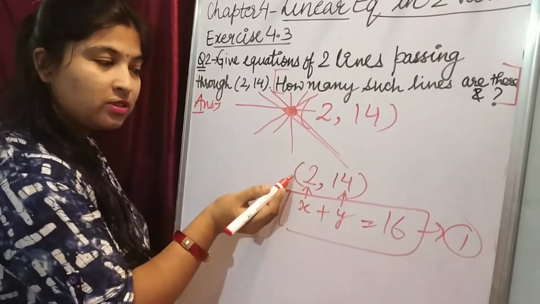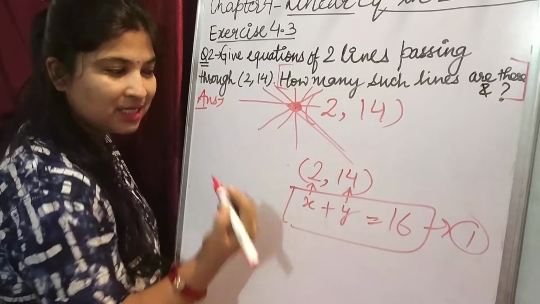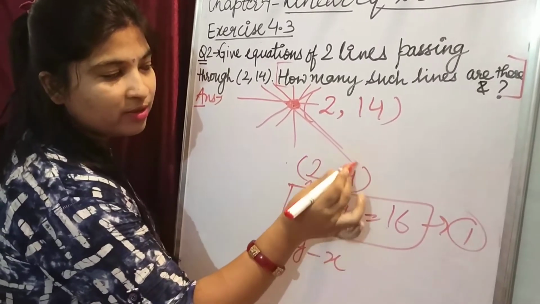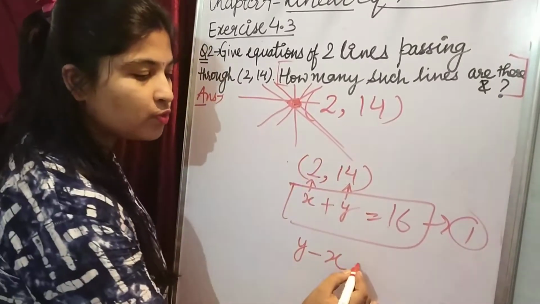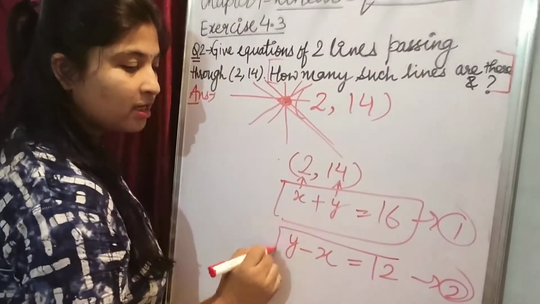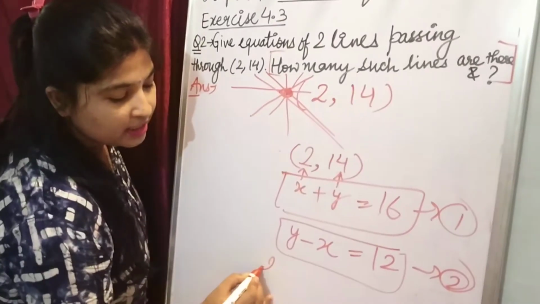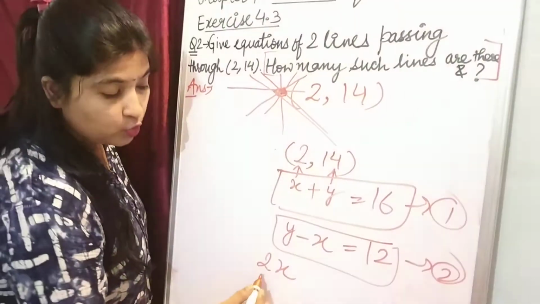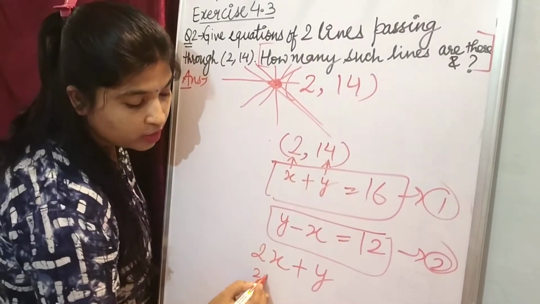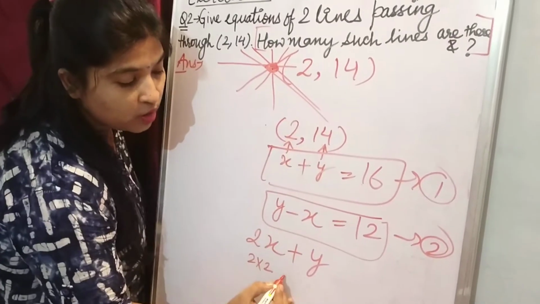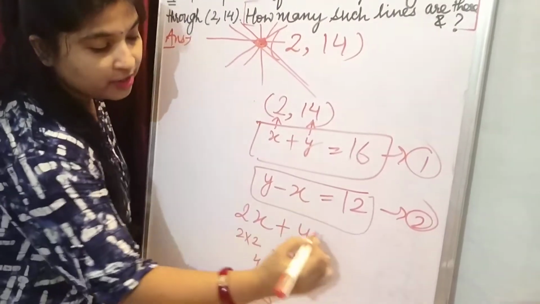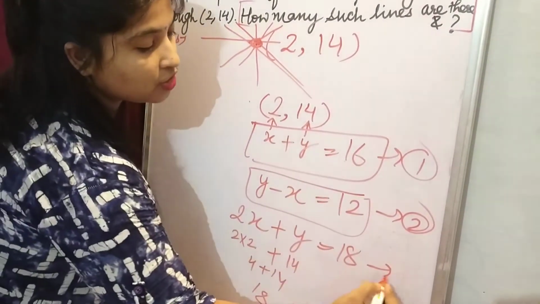Very simple. Now similarly, if you do y minus x, can you see that what is the value of y over here? 14 minus 2. 14 minus 2 is what? 12. That can be your second equation. Anything, whatever you want to make. Some student can say, ma'am, can we do 2x? So if you are doing 2x plus y, 2x means what? 2 into 2, the value of x is 2, plus the value of y, 14. 2 2s are 4 plus 14, what are you getting? 18. So here you have to write 18. This is your third equation.